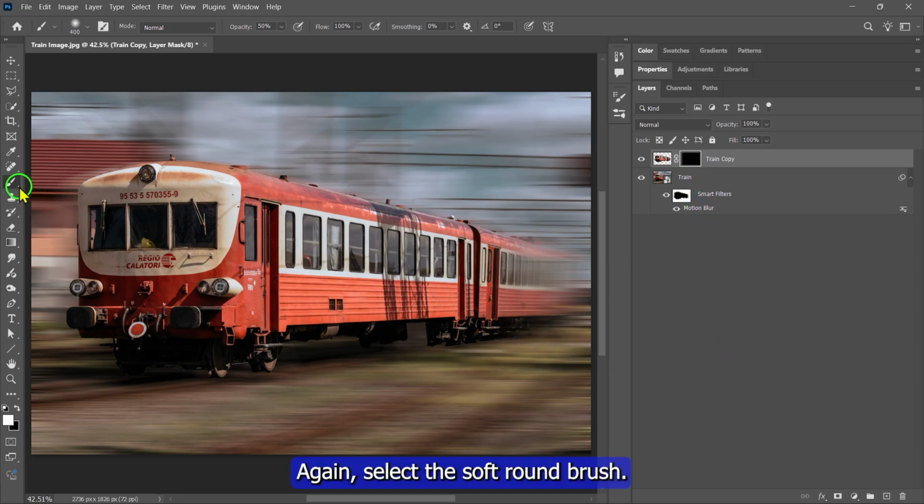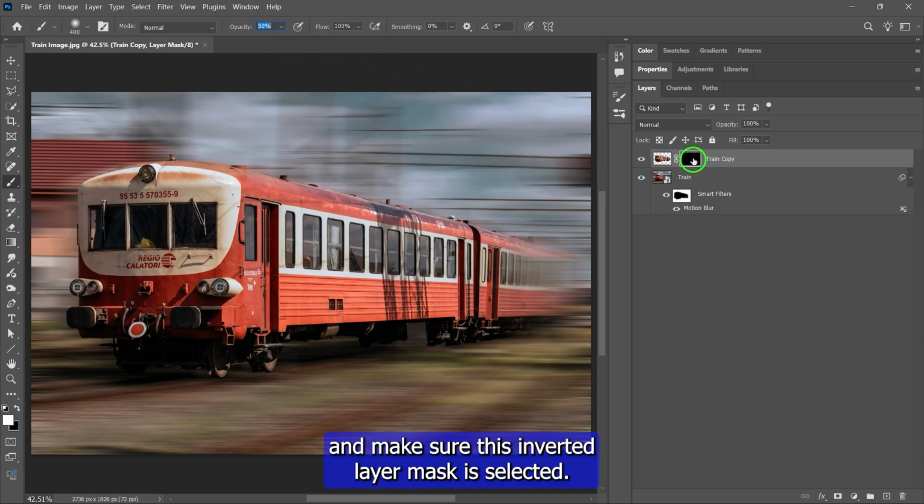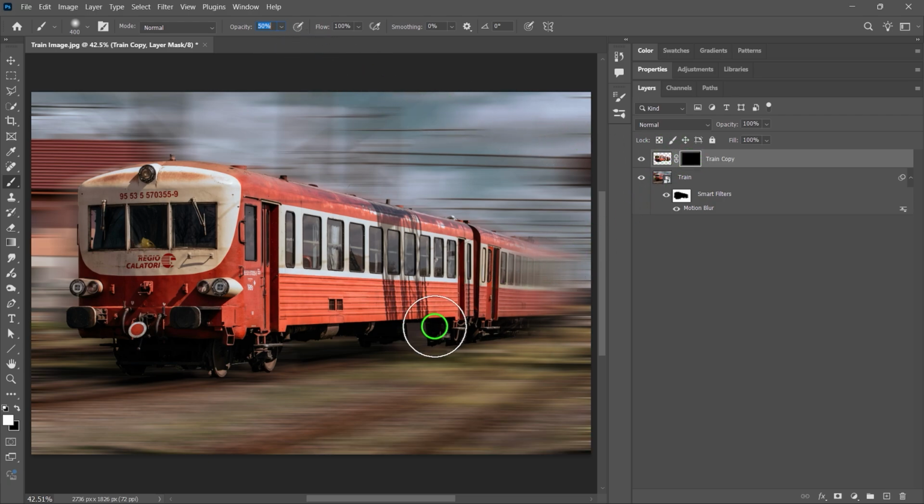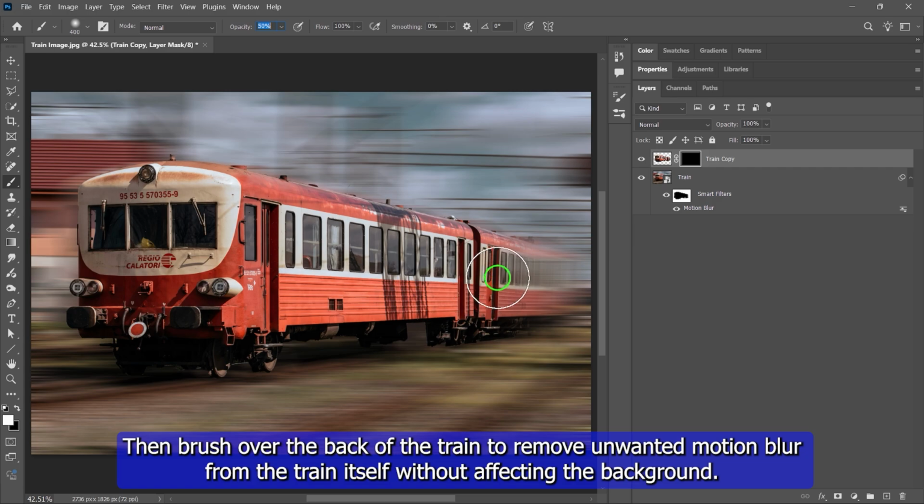Again, select the soft round brush. Make sure the foreground color is set to white. Set brush opacity to 50%. And make sure this inverted layer mask is selected. Then brush over the back of the train to remove unwanted motion blur from the train itself without affecting the